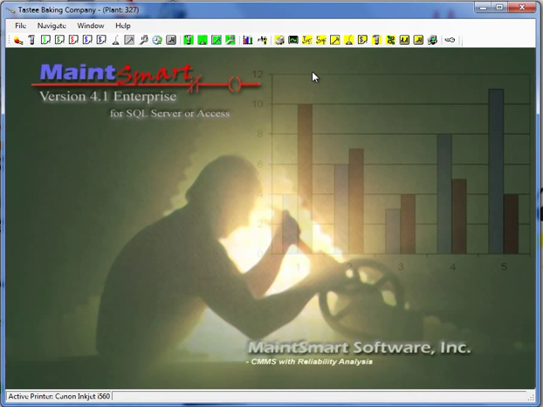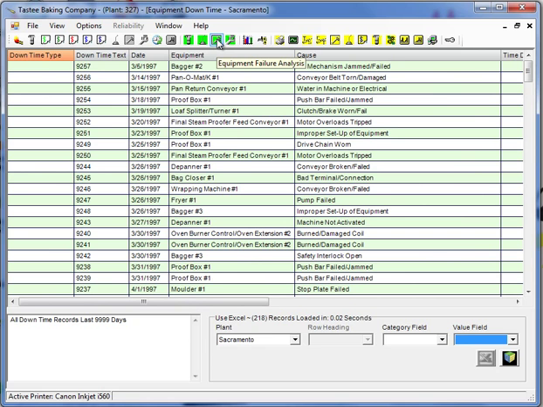Alright, we also have equipment failure data entry and analysis. I'll go to the analysis screen. And this lists all of my equipment breakdowns. Of course, all this is configurable by you. All the causes you can set up. This data may be analyzed in any number of different ways. For example,